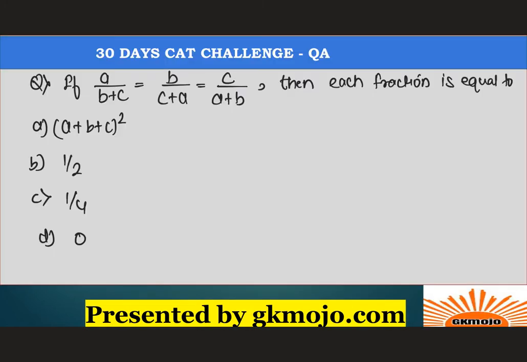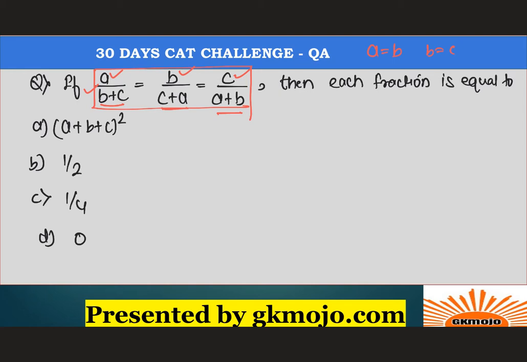Let's have a look at the first question. I've given you a hint of solving such sort of questions in the previous video as well. Whenever you have such a symmetrical equation, what is a symmetrical equation? If I replace A with B, and B with C, and C with something, we interchange the positions, the equation is still going to remain the same. You can see the symmetry over here. When A is there, below B and C is there. When B is there, below C and A is there. When C is there, below A and B is there, right? So there is this symmetry.